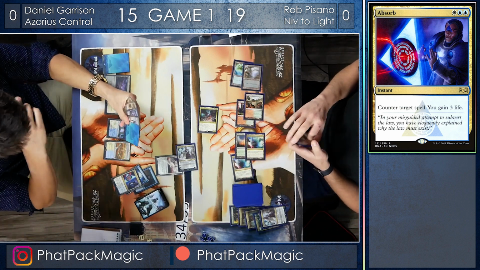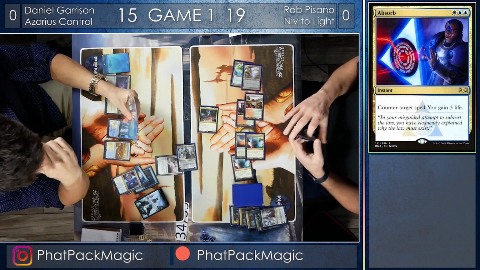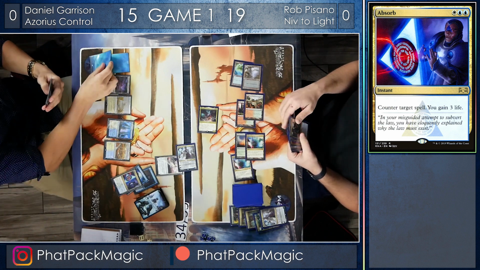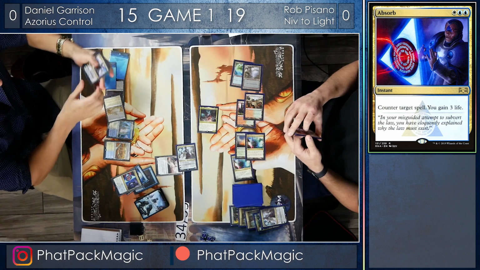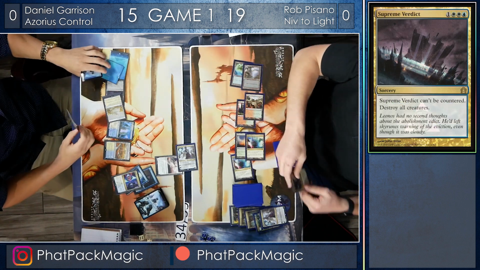Daniel draws for turn. He's not looking happy here. This is not where he wants to be. He wants to be able to cast some counter magic on Rob's turn and be able to pump out a Supreme Verdict. But he's going to have to take a chance. Here's Supreme Verdict. That's going to kill off that...